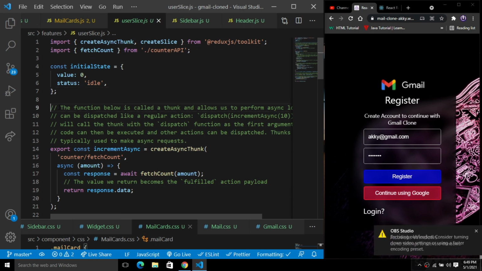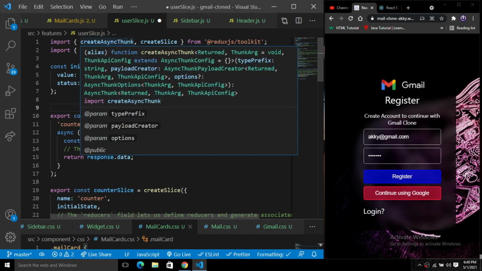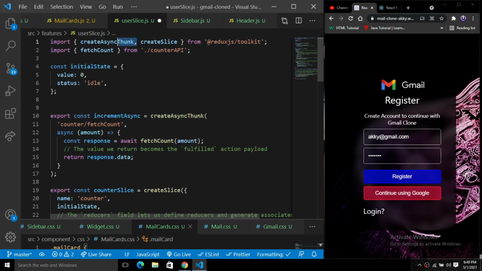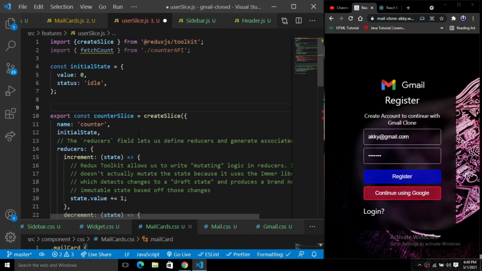Remove this section also. Okay, and next, we have an async thunk, so just remove this async thunk from here. Fine. Okay, next just remove this part also. Okay, fine. Let's remove the page count also.